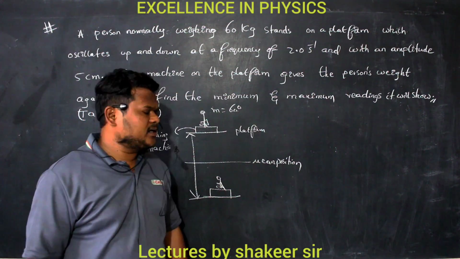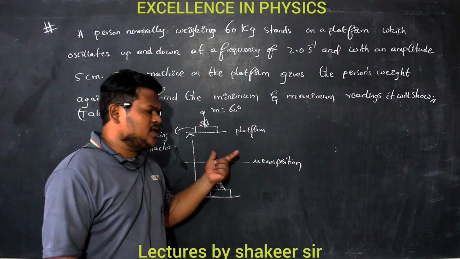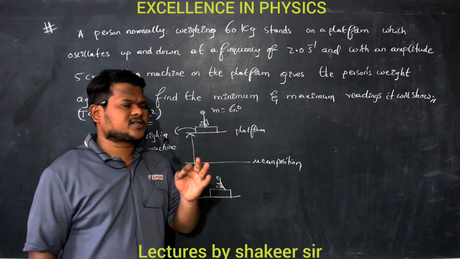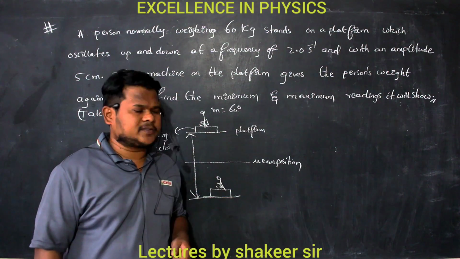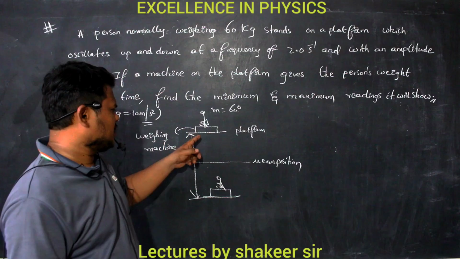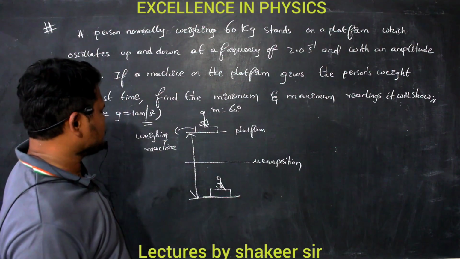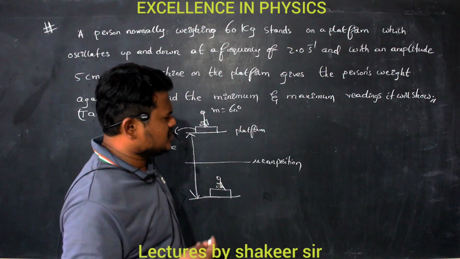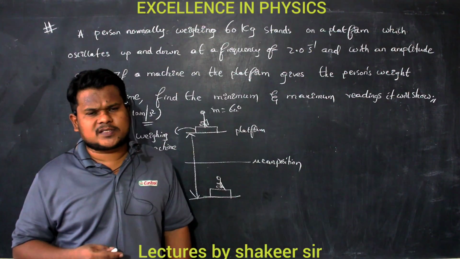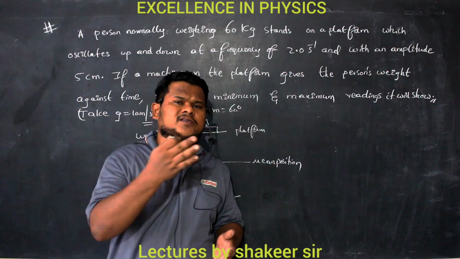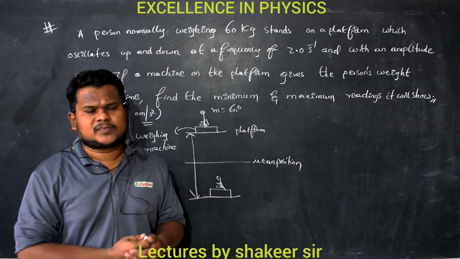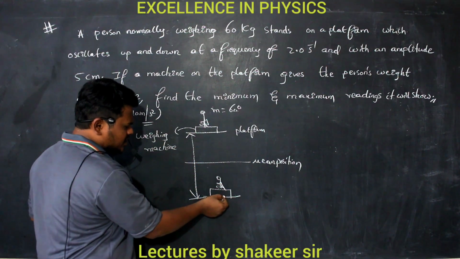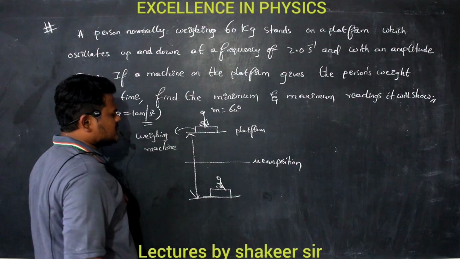So already we have studied in Newton's laws of motion that weighing machine, what does it read? Weighing machine always reads the normal reaction which is acting on that weighing machine. Clear? So for example, if you take the topmost position, every body in SHM, how does it oscillate? It performs SHM such that acceleration is always towards the mean position. Here also acceleration direction is towards the mean position.